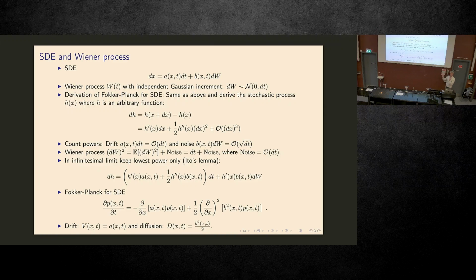Anything else will disappear, because when we take dt going to 0, dt squared will be much, much smaller than dt. Right, now I'm not a mathematician, but you get the drift, yeah.